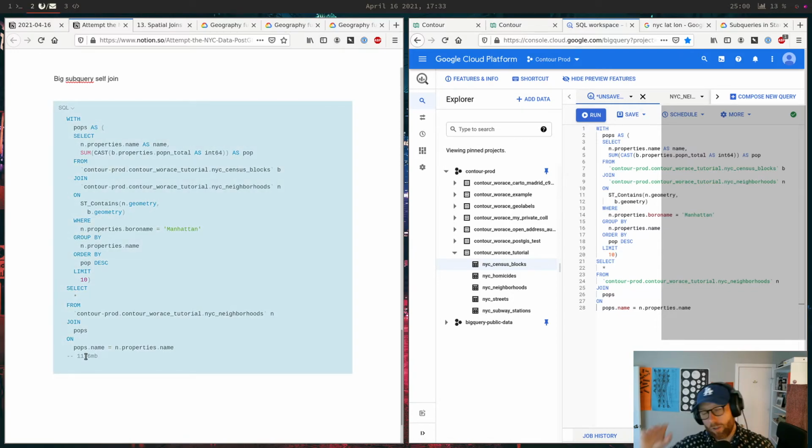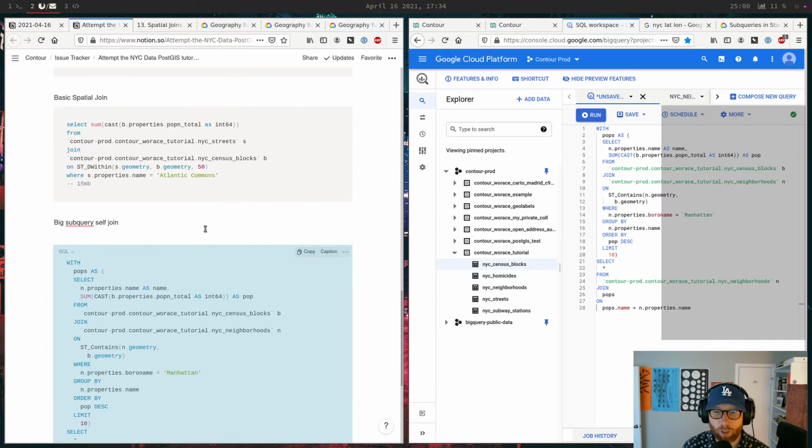So you get 5 terabytes a month for free. So that one is 11 megs. So you could run that 10 times would be 100. 100 times would be a gig. 1,000 times would be 10 gigs. 100,000 times would be a terabyte. So you could run that query 500,000 times for free in a month, which is pretty good. Would not be so unhappy with that.